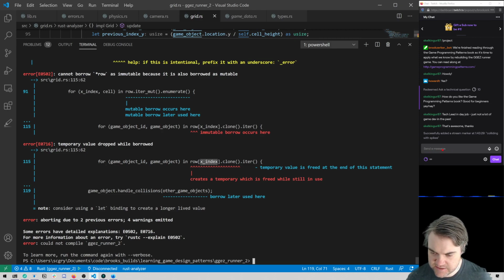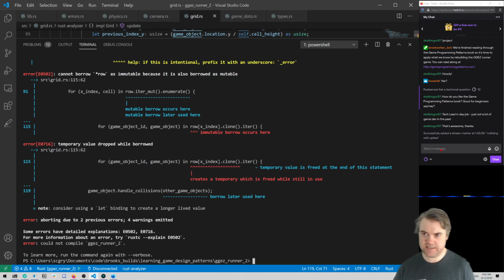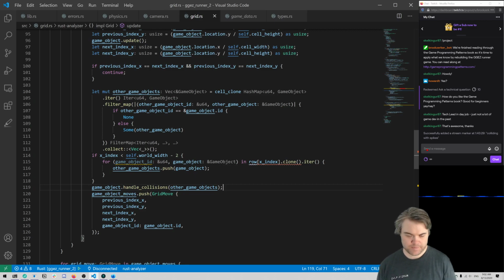The index? Or the clone? Oh, it's because I added in a clone, so it doesn't like that. Okay, so